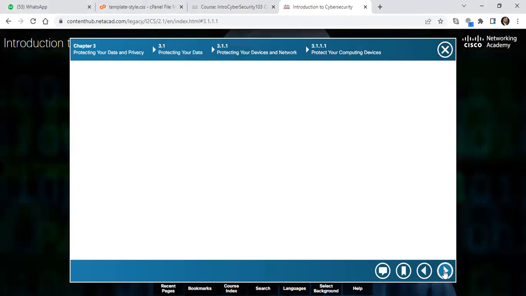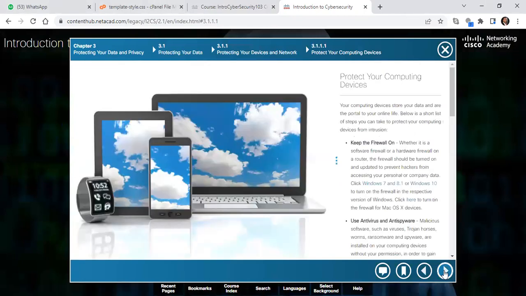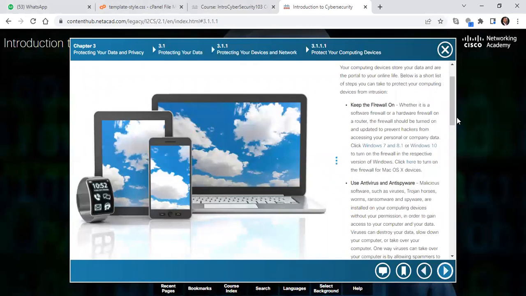So we're talking about protecting your computer devices. All right. How do you protect your computer devices? Your computing devices store your data and are the portal to your online life. Okay, so below is a short list of steps you can take to protect your computing